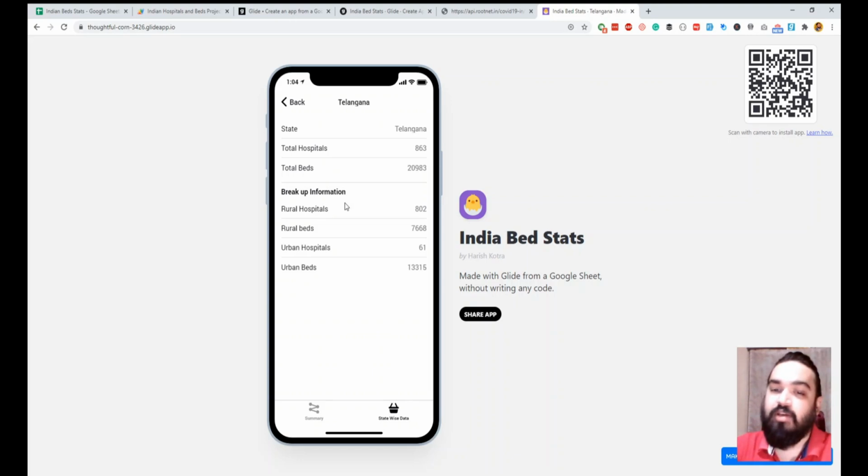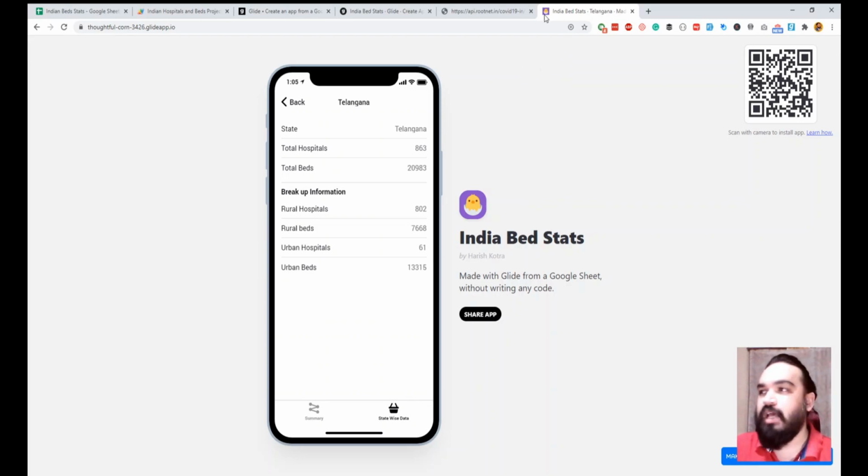Now what we will learn is how to use that API, pull the data and show it in a PWA. This app will work on any platform. It works on the web, it works on any mobile, and people can add it to the home screen. So in case you want to build something using an API which has some data that you want to show on a mobile app, you can use this tutorial as a reference, right?